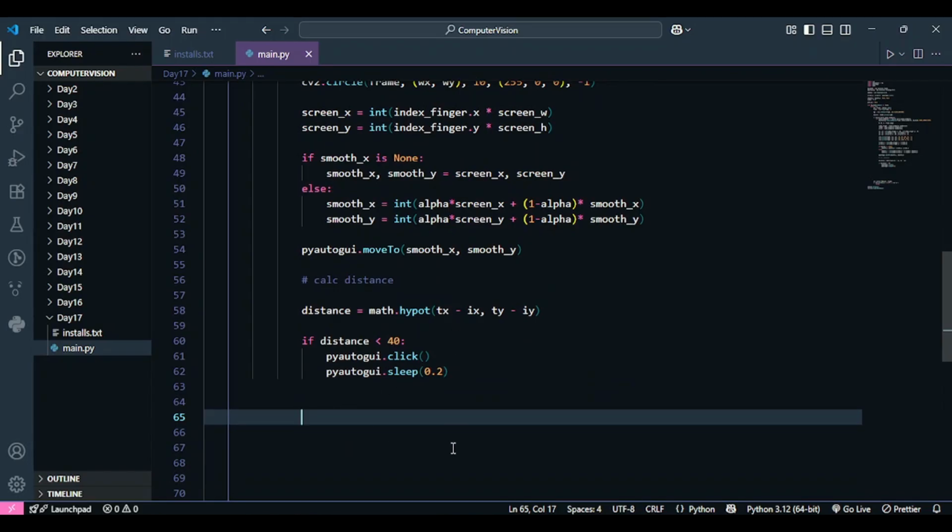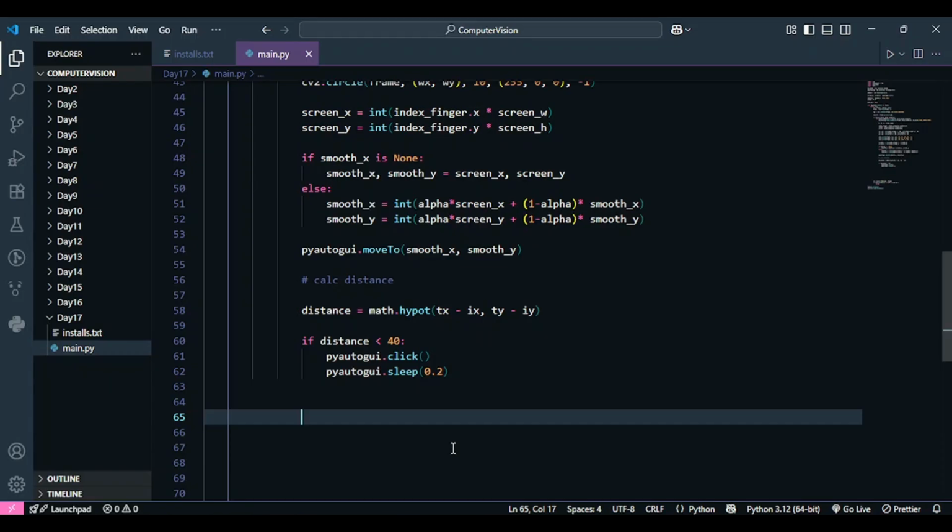We're going to come over here, and now let me first explain what we're trying to do if you want to create the scroll effect. I told you guys, in fact I showed you guys, that we are going to use our wrist to move up and down. If I move my wrist up, it's going to scroll up, and if I move my wrist down, it is going to scroll down for me. But how are we going to achieve that? How is my program going to know that my wrist is moving up or down?